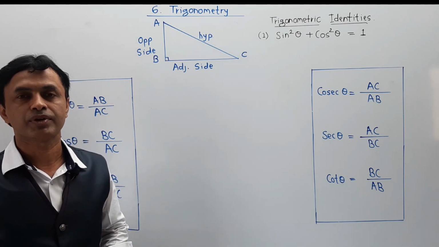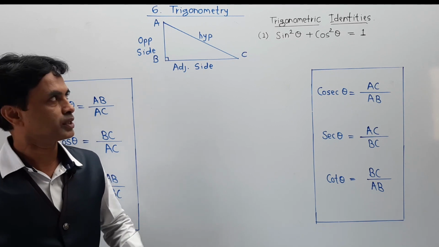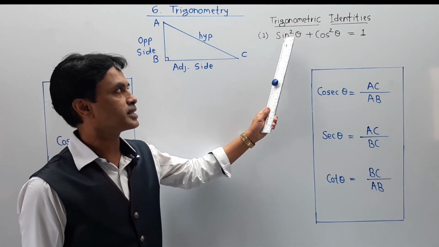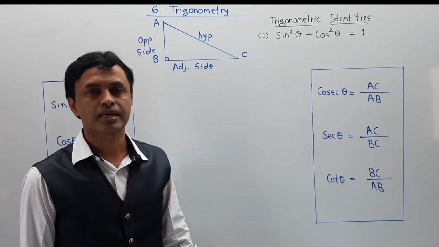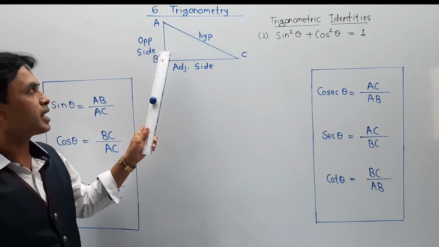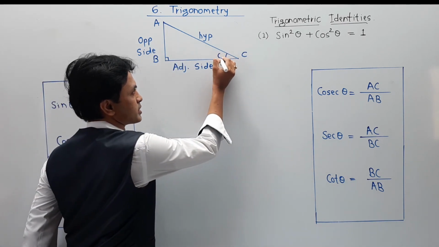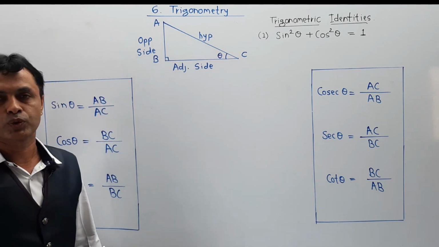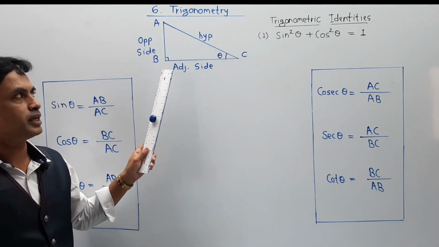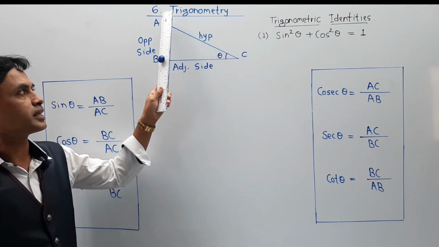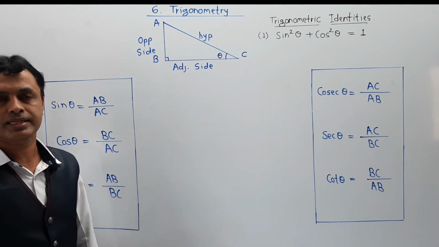Now in this lecture, we are trying to find the proof and how it arrives. So as per the condition, the identity is sin square theta plus cos square theta is equal to 1. We are keeping the same structure, our triangle ABC. Angle C is theta, which remains the same, no change. The side opposite to theta, AB, is the opposite side. Angle B is 90 degrees, therefore AC is the hypotenuse and BC is the adjacent side.